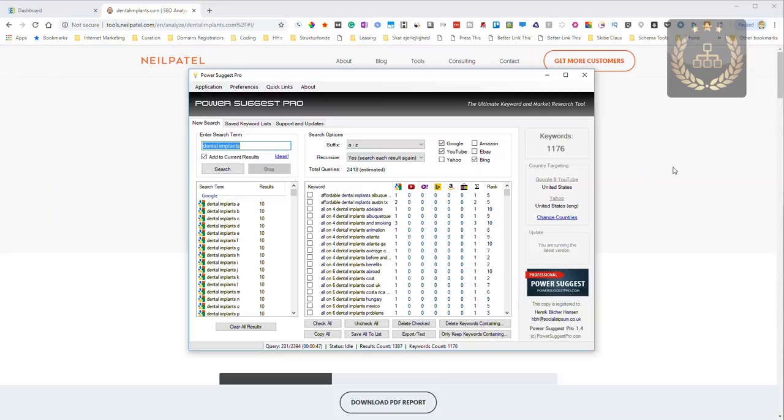I will stop it here. You can see it will query 2,394 times, so quite a lot of queries. So I'll stop it here. But basically, that's PowerSuggest Pro. A really cool and nice